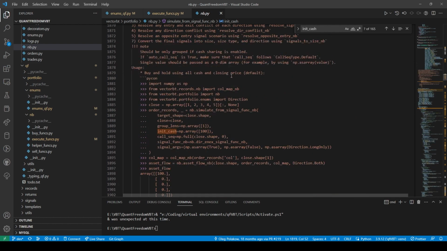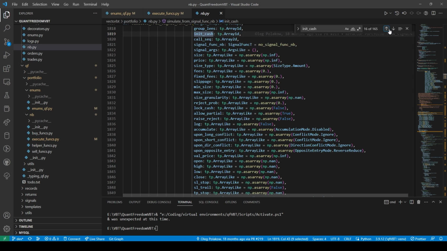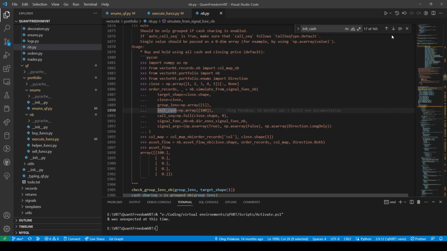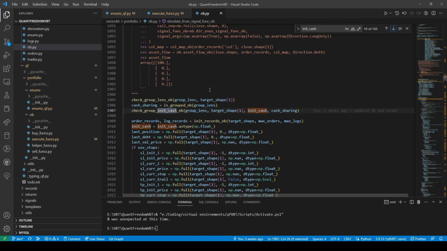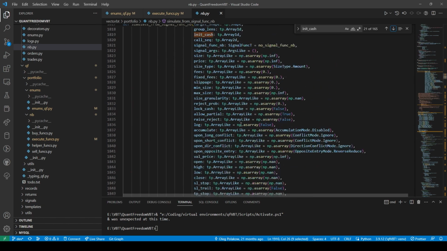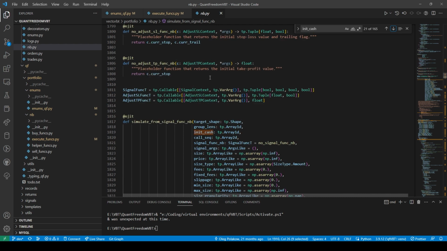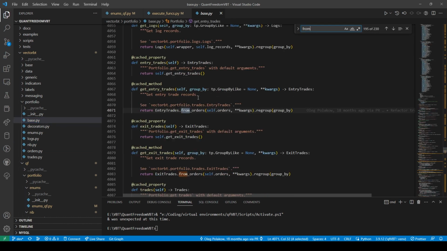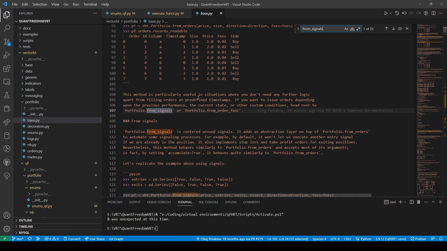But then when you come down here for the init cash, let's see. So we come down here. You don't have to do this array thing. You just put 100 and you have no problem. Or maybe that's because if I go here, signals.